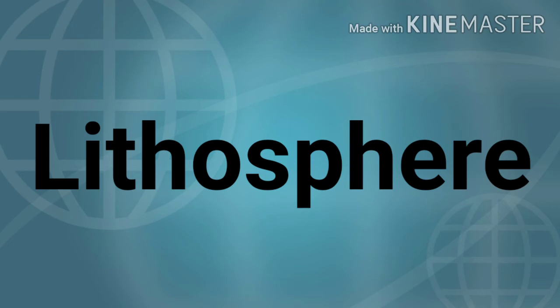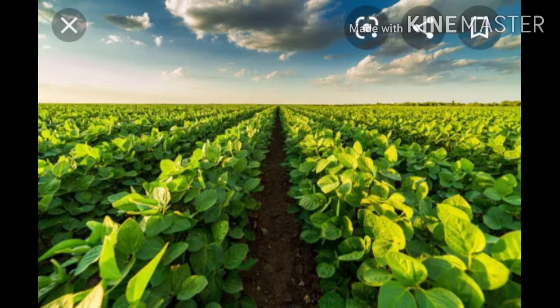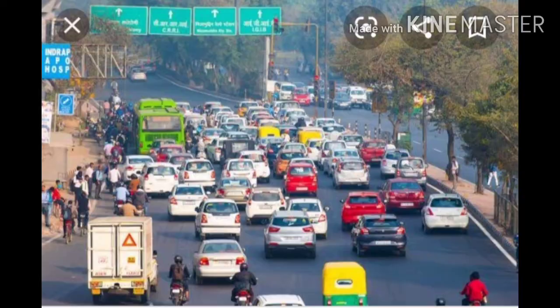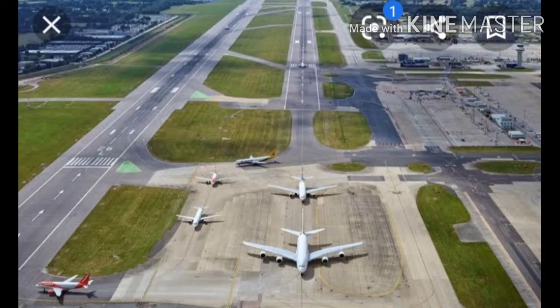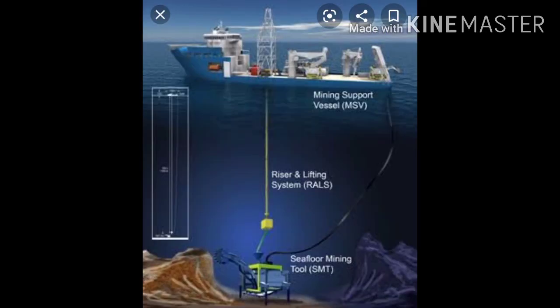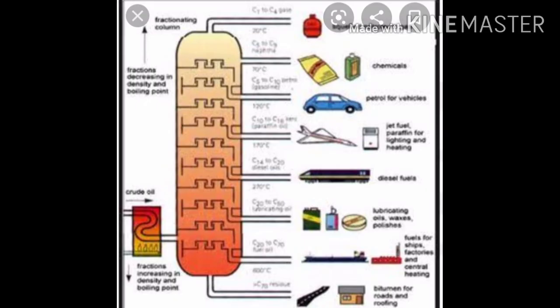Land is used as a shelter by many animals. We use land for farming, constructing buildings and houses, and transportation ways like roads and airports. Forests are also found on land. There is natural wealth like petroleum, through which we get petrol, that is gasoline, kerosene, diesel, natural gases, and many minerals. Hence, land is also an important resource of the earth.